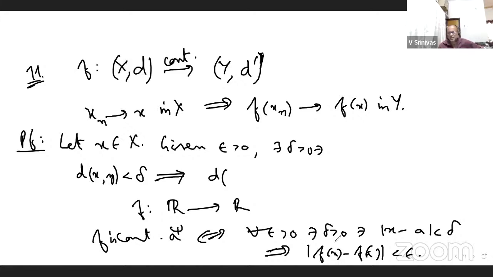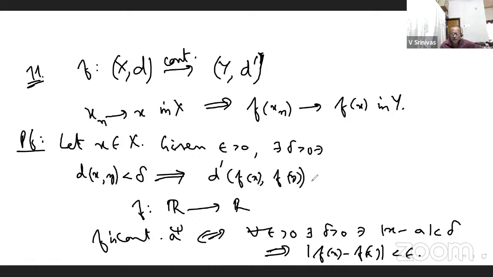If F maps R or a subset of R into R, and if a belongs to R, then we say F is continuous at a if and only if for every epsilon positive there exists a delta positive such that modulus of x minus a is less than delta implies modulus of F of x minus F of a is less than epsilon. You convert this into the terms of metrics. Modulus of x minus a should be replaced by the metric on capital X. In place of a I am taking y and in place of x I have x, so I'll have d of x comma y less than delta implies the distance between Fx and Fy, that is d dash of F of x comma F of y,